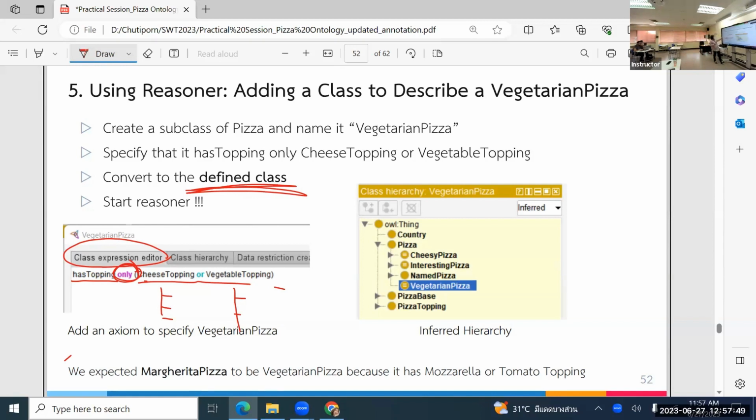Anyway, that's just some side story. Okay, so once you define this vegetarian pizza, you can run a listener, and it should infer pizza that can be classified as vegetarian pizza. So how can we use this? Of course, as I referred back, we are running a pizza restaurant. So our customer may come and ask, oh, I am a vegetarian. Do you have a vegetarian pizza menu? Originally, maybe you'd never classify anything as vegetarian, but you can define the definition and let the listener find out